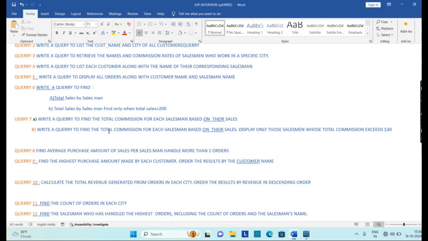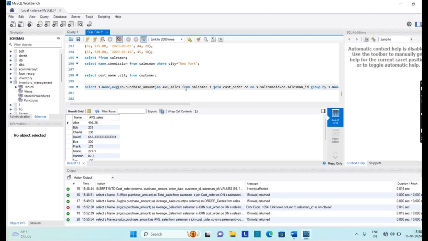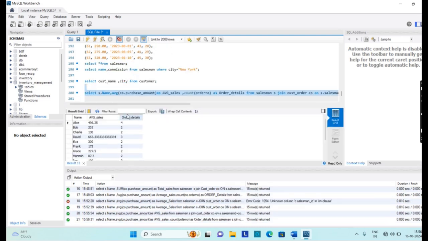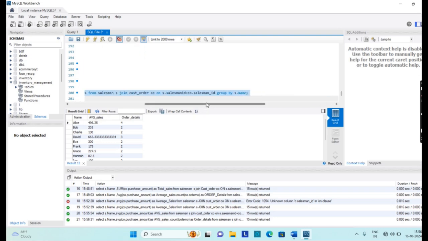Now our question is, we have to find out the average sales, and the condition is that the salesman have handled more than 2 orders. So in order to generate the number of orders, we simply write here comma count of order number as order details. When we write this and we execute this, the details of order display over here, but what we want is that order count should be more than 2.